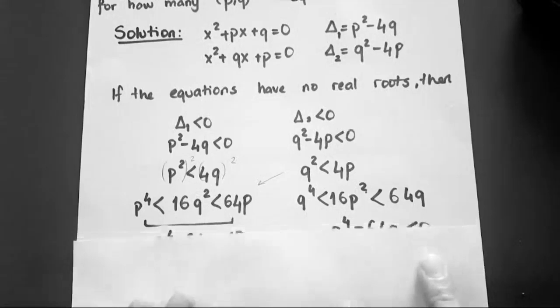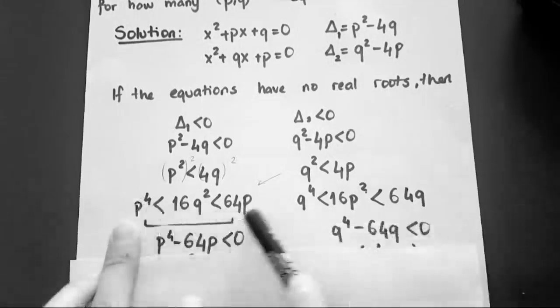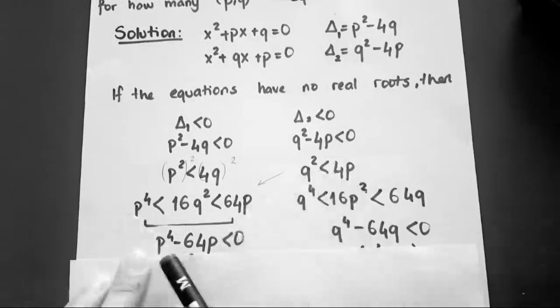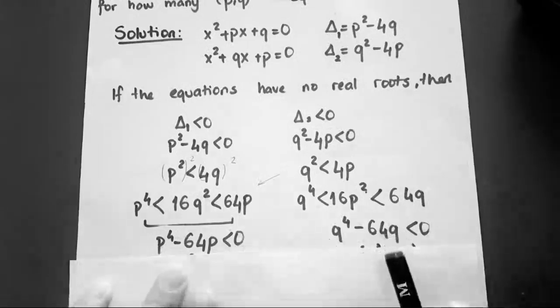From here, if I take the left and the right sides of the inequality, p to the power of 4 minus 64p is smaller than 0, and by the same method,